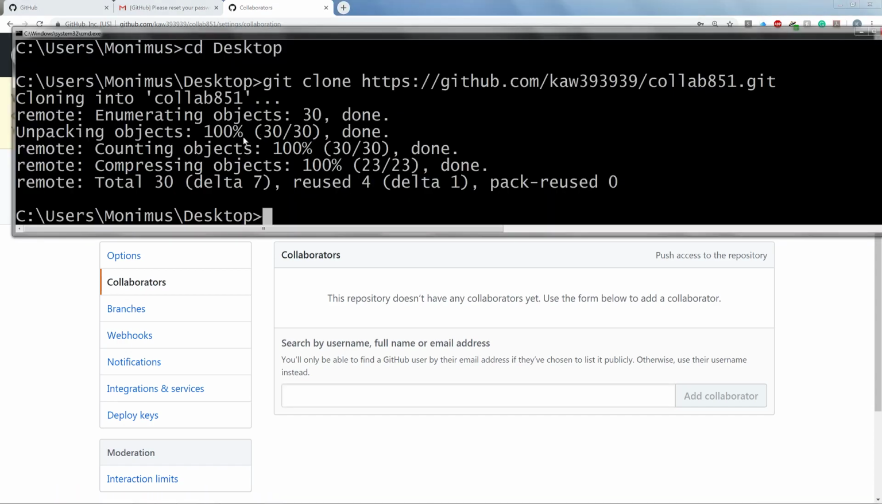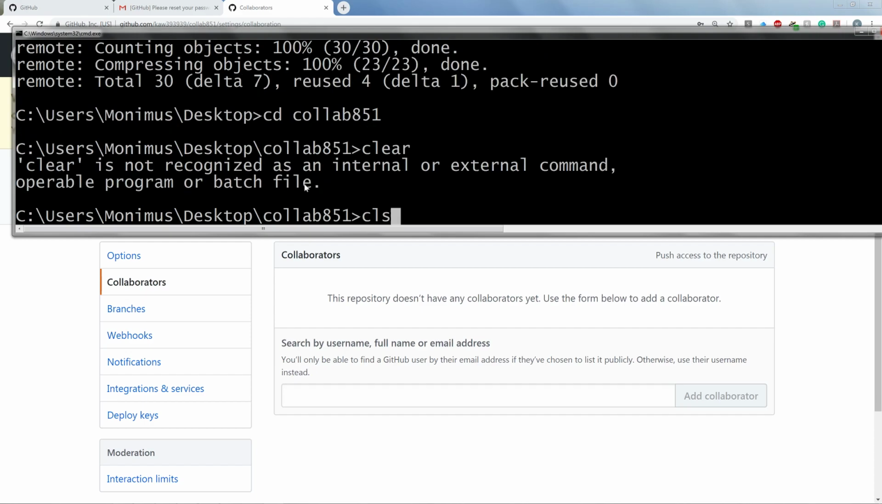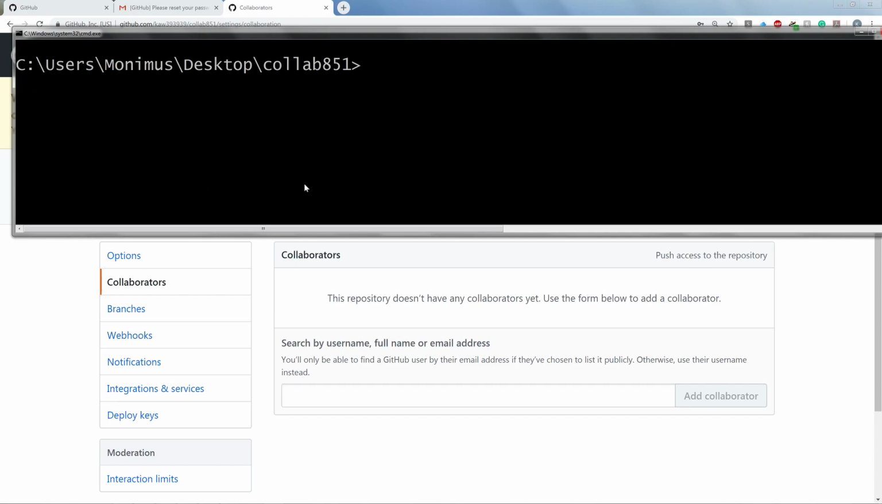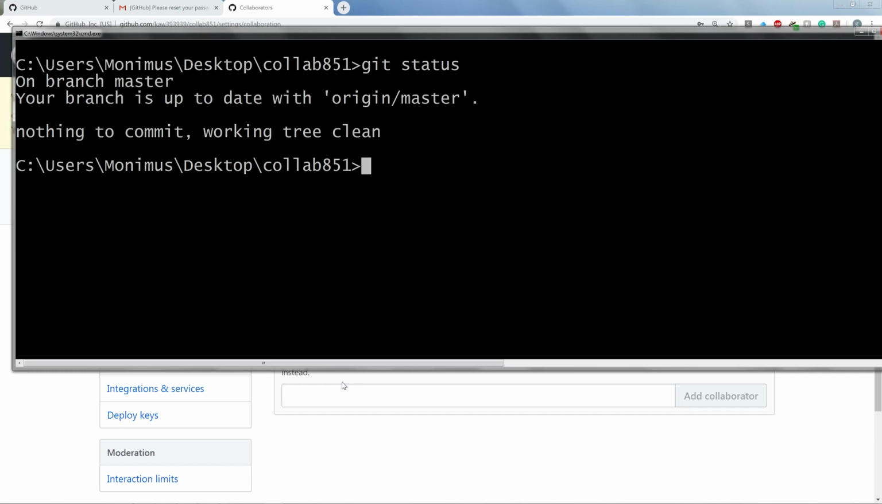So once I did the clone here, I'm going to do cd, and I'm going to go and do collab 851, and then what I'm going to do is do a git status. So let me make this a little bit bigger so we can see what the output's going to be. So I'm going to do a git status, and it's going to say this branch is up to date with origin master, nothing to commit. And so if I do a dir or an ls on a Mac,